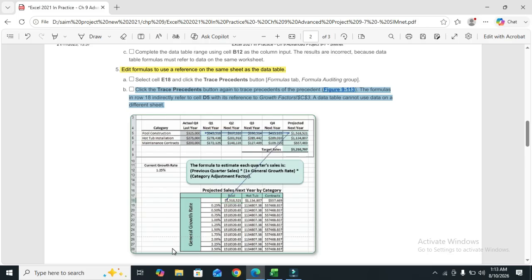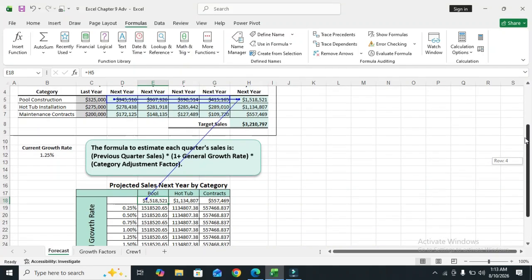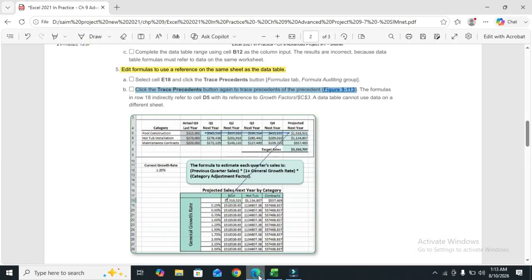Part B of this step is click the Trace Precedents button again to trace the precedents of the precedents. So move to the file and click the Trace Precedents button again.